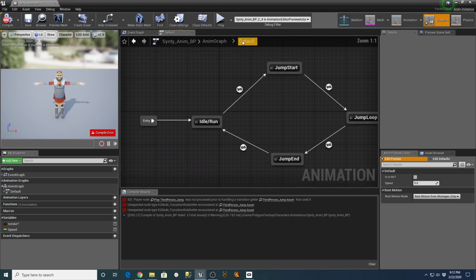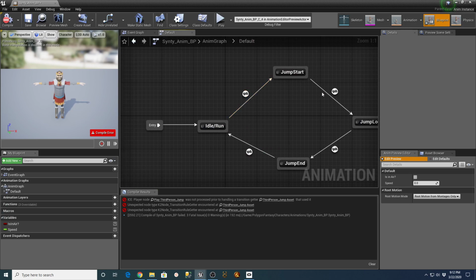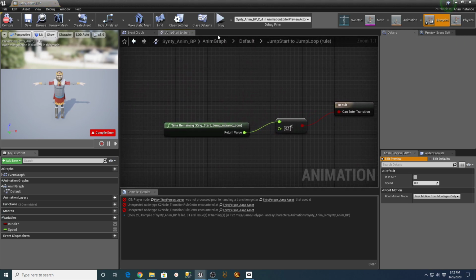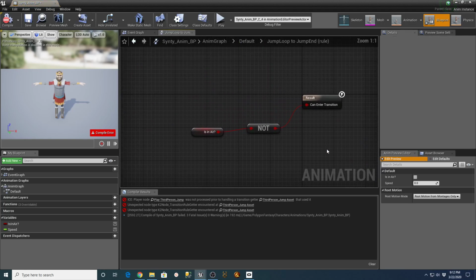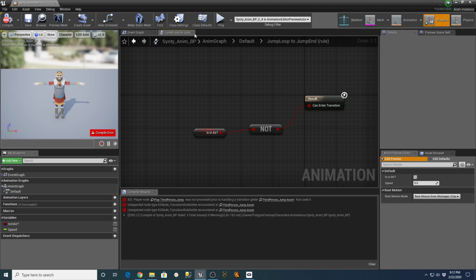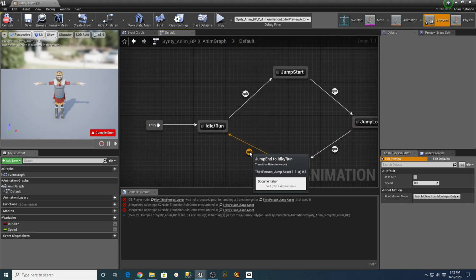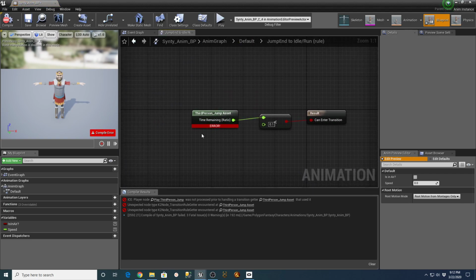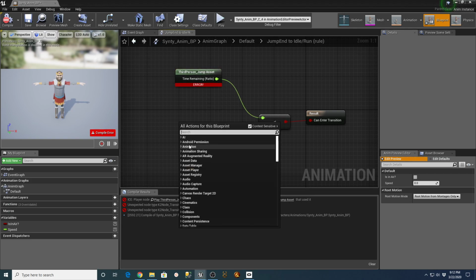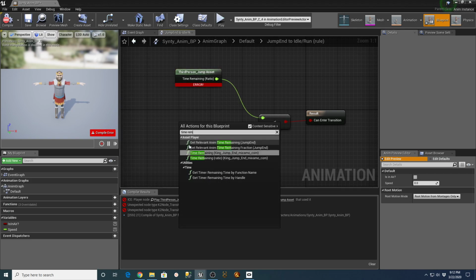So we're going to go back here. That's good now. We got to get this one. That one should be okay. And then we need this one, which is our time remaining for our jump end, because you're going from jump end back to idle. So we'll go here and say time remaining on the jump end.